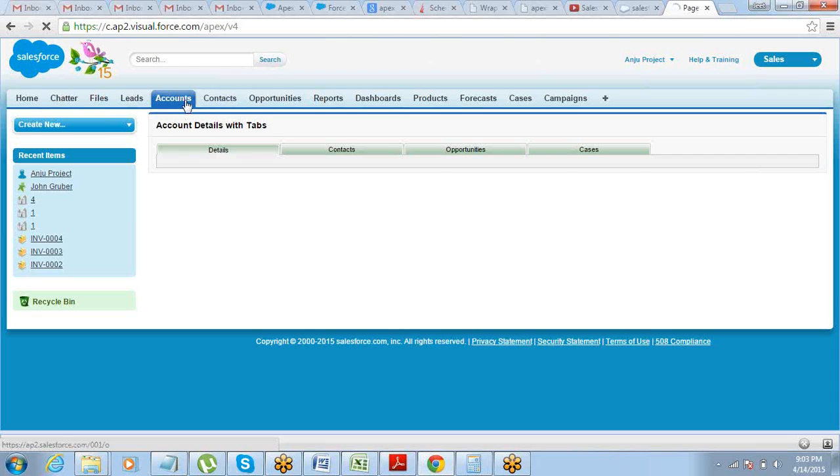Like contact and account are related. That is the reason why I can call it as a related list. Opportunity and account are connected, related. So I can call opportunities as a related list. Cases and account connected. There is a relation. So I can call them as a related list. But unfortunately, there is no connection between campaigns and accounts. There is no relation between campaigns and accounts. So I cannot call the campaigns here using the standard controller, because standard controller,